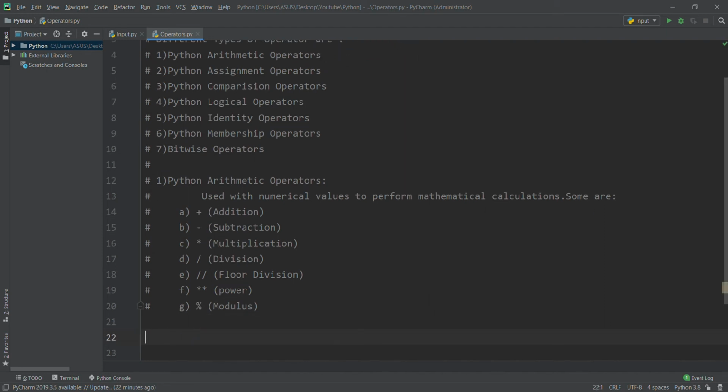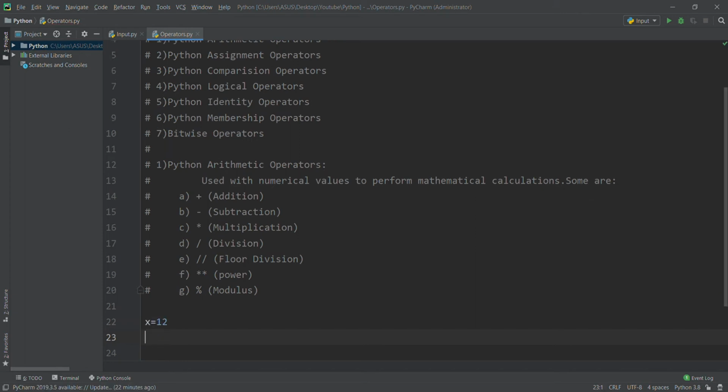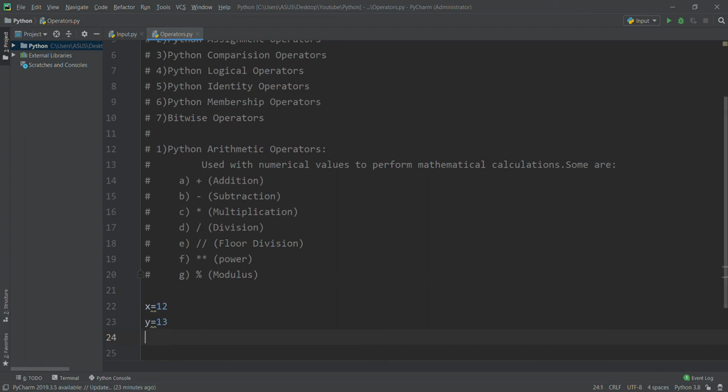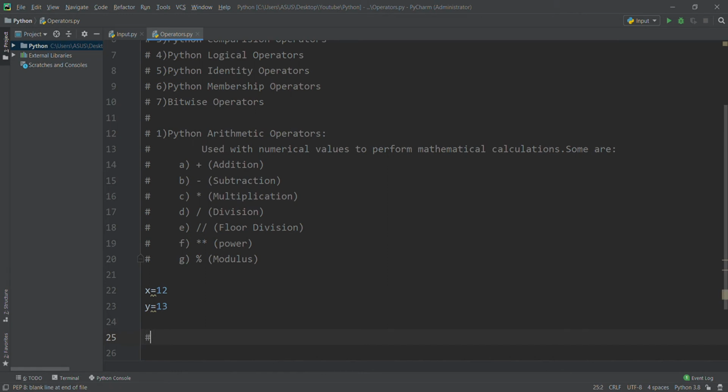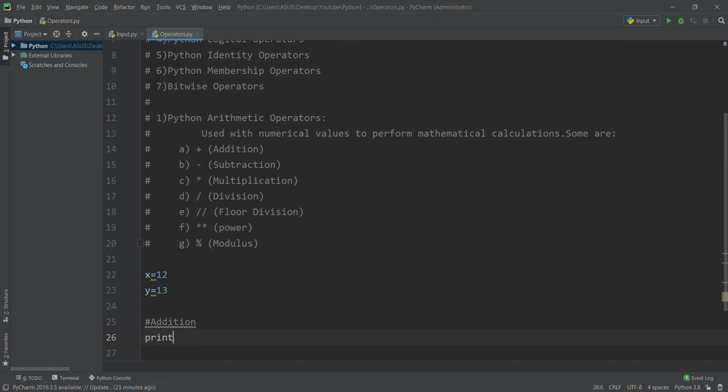Let's define variables. As you know how we can define a variable, x equals 12 and y equals 13. Then for performing addition, I am going to print x plus y.